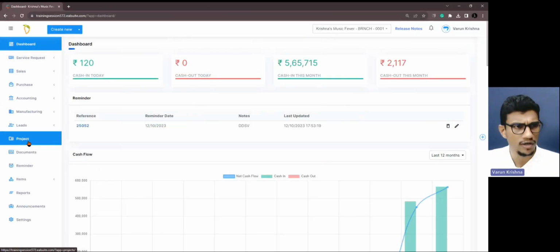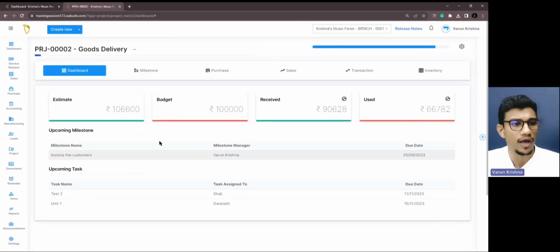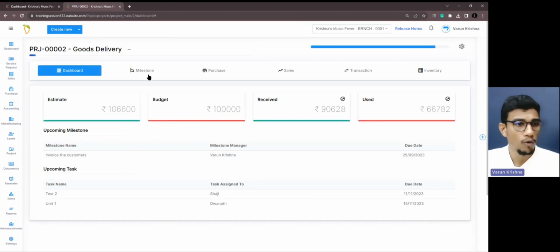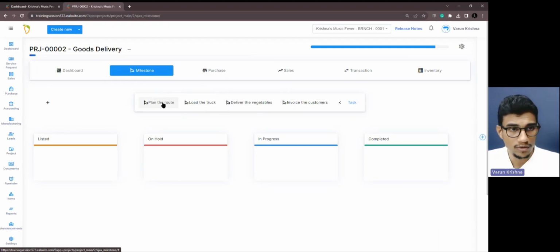We were talking about projects, right? So if you go to the projects page, and if I select a project like goods delivery here, and if I go to milestones, you see this particular page. If I click, you could see all the different tasks. Now, if I want to add a new task or anything like that